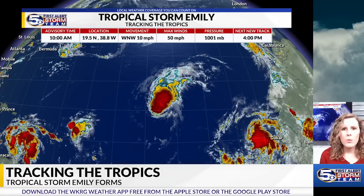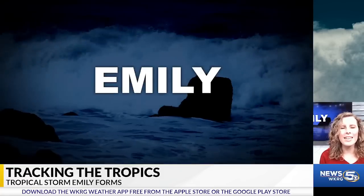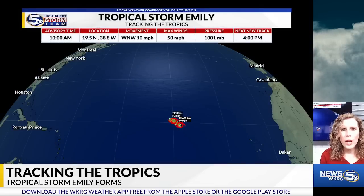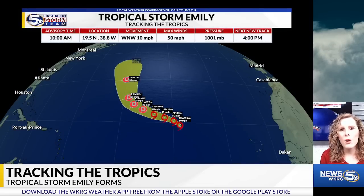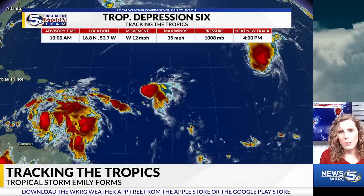It does have maximum sustained winds of 50 miles per hour, and it's moving to the west-northwest at 10 miles per hour. The current track keeps it at tropical storm strength, at least for the next 24 to 36 hours, but will eventually weaken back down to a tropical depression by sometime during the middle of the week. Right now, the track keeps it out into the open Atlantic and is not looking to make any impacts to